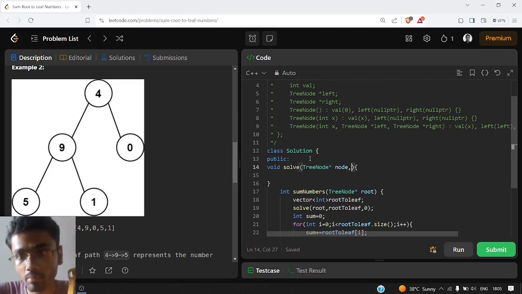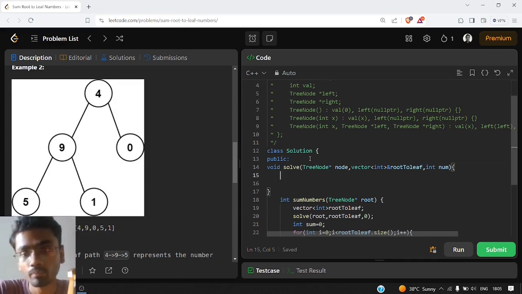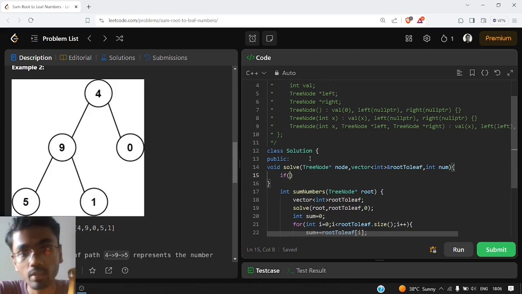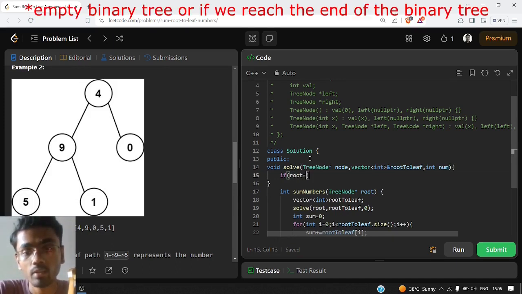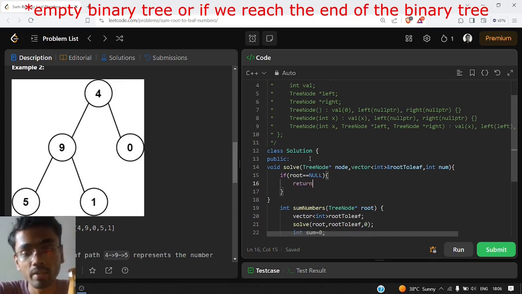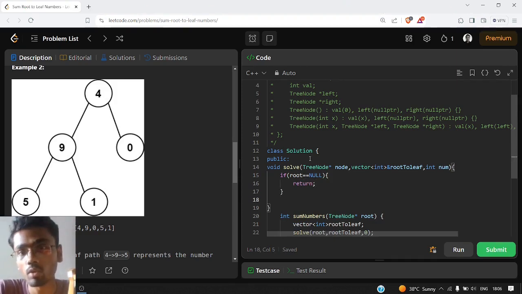We'll pass the parameters as node and vector of root to leaf numbers, and we will store the current number in the num variable. Now what is the base case in the recursion? What if we are given an empty binary tree? In that case we can't generate any root to leaf number, so we will return from there.